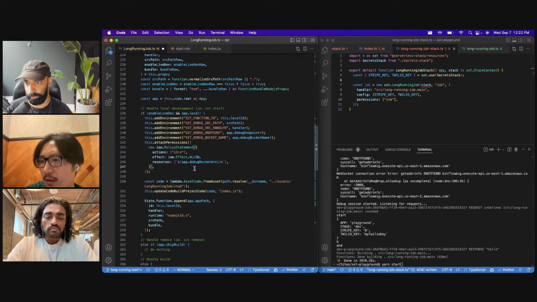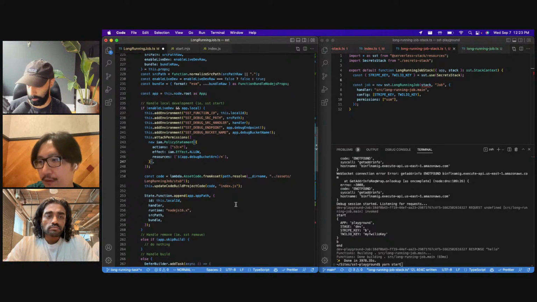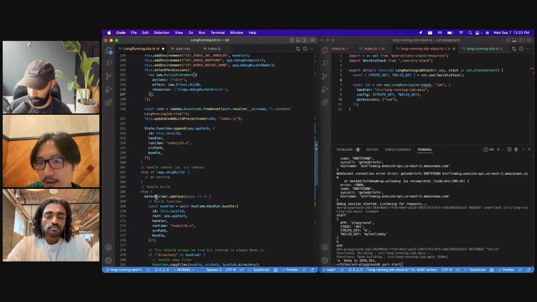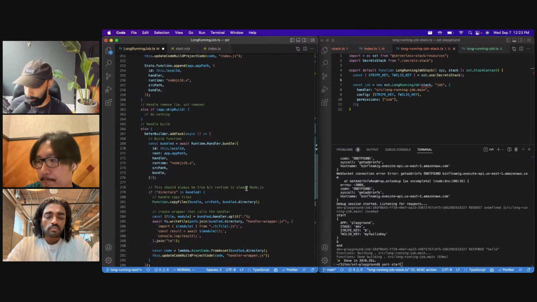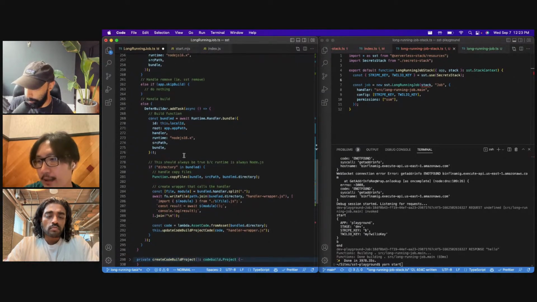Right. So the code for building the code, it's exactly the same as what we're doing for Lambda functions. And I also put in support for deferred build, so parallel build, something we just released. And all that does is,